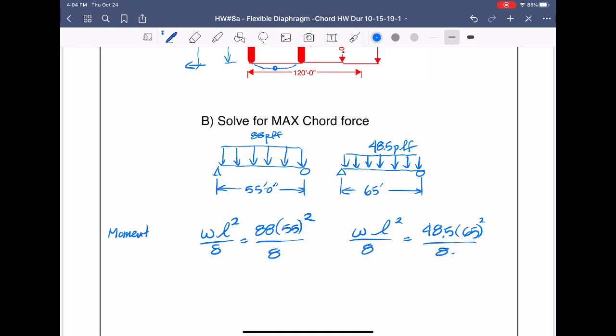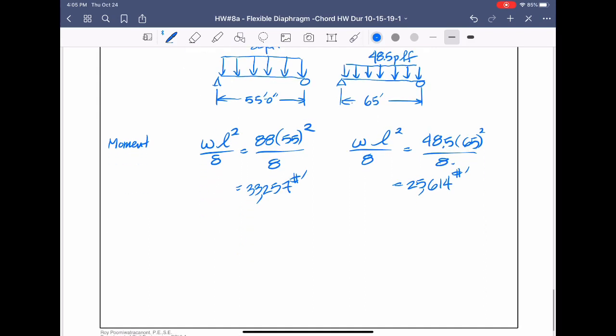And we find that the moment is equal to 33,275 pound foot. And this is equal to 25,614 pound foot. And TC, or chord,